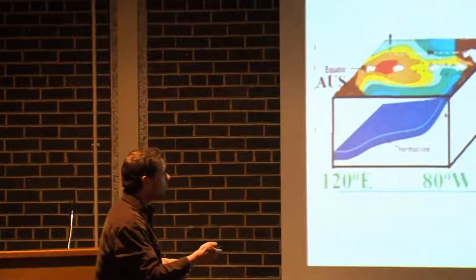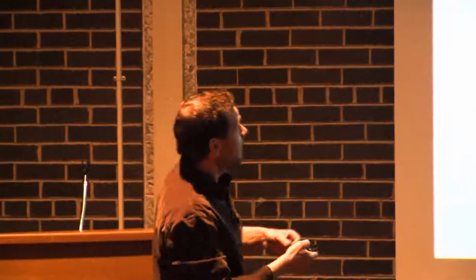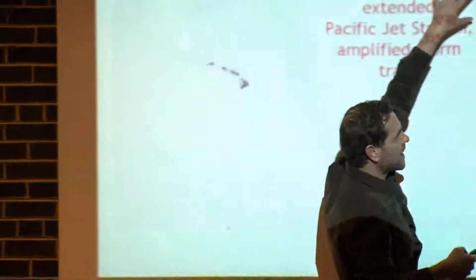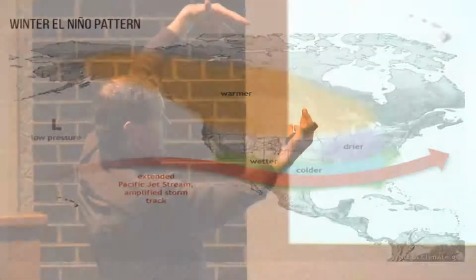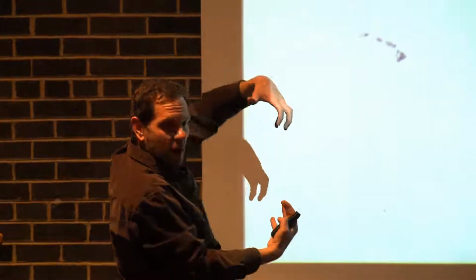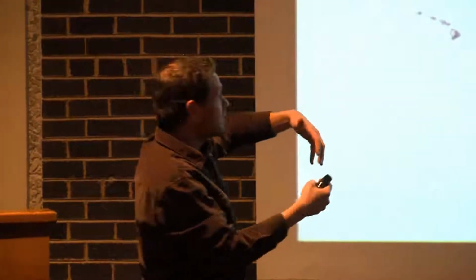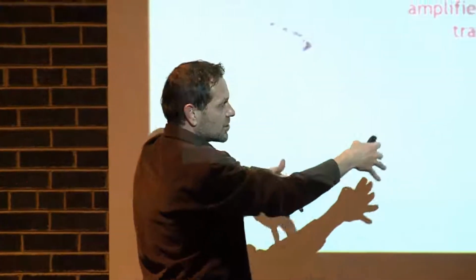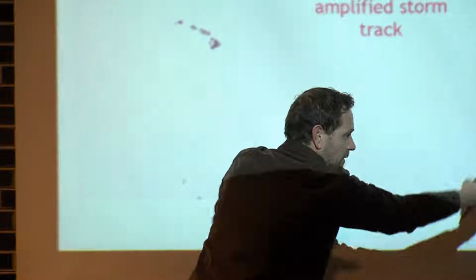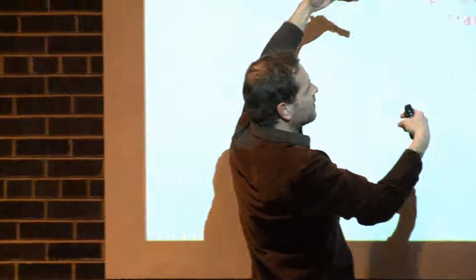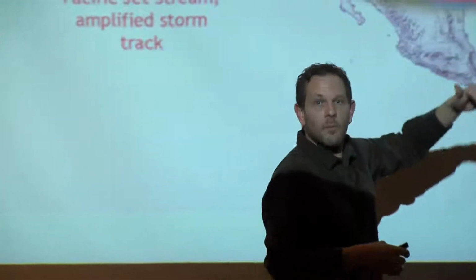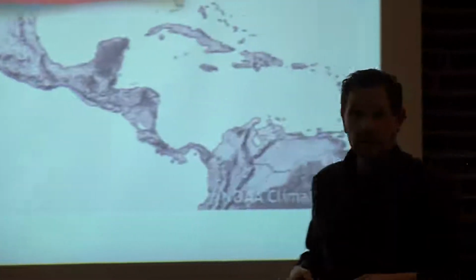So during El Nino, we will see this jet stream, which is kind of the border between our warm and colder air masses and where these low pressure systems tend to develop, basically called the storm track, get sucked down farther to the south because of the change in positioning of all the storm activity going on down in this area right here. So this will tend to be farther south than normal, more often than normal during an El Nino winter.